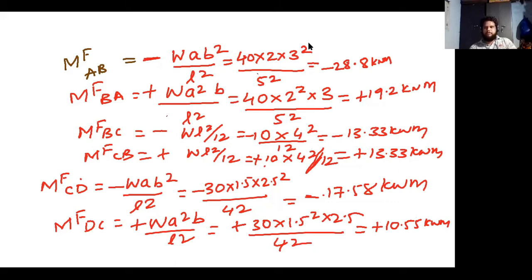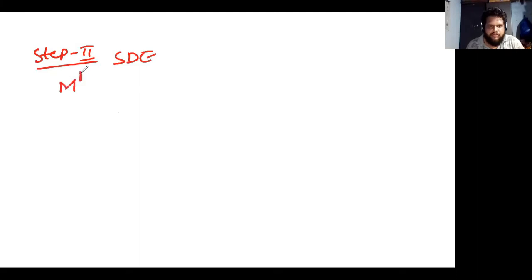Okay, right. So I'm going to clear all my drawings. So if you want, you just pause it and note it down. Next, what is step 2? Step 2 is of writing slope deflection equations. Okay, SDE. Right. Now first M dash AB. So I am giving M dash AB because for final moments I will remove this M dash.